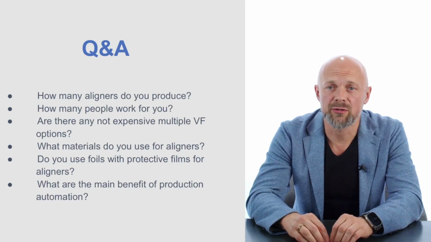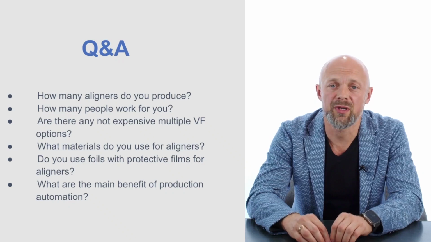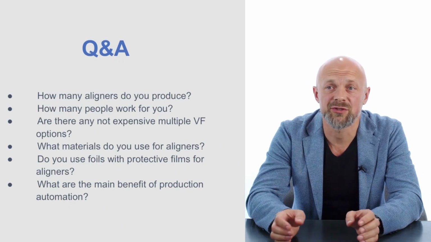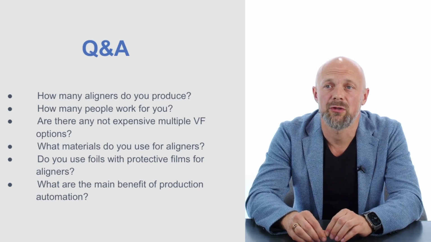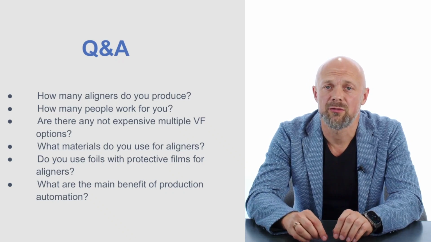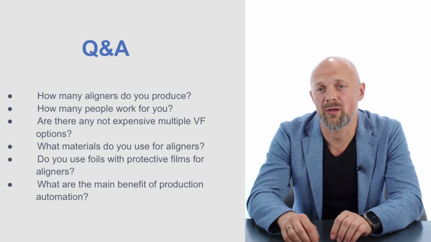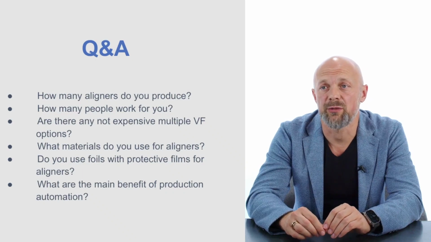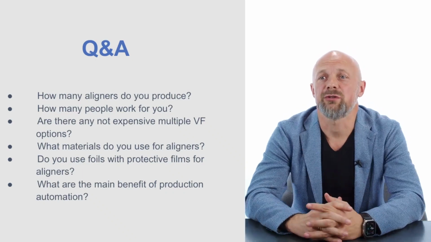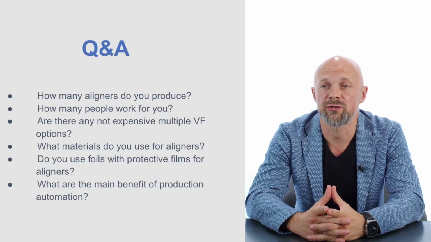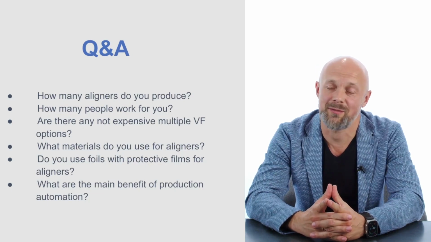For the basic product, we use Biolon from Dreve company. This is a standard PETG foil, maybe one of the softer ones among the analogs. Also 0.75 millimeters. Next question. Do you use foils with protective films for aligners? Yes, we